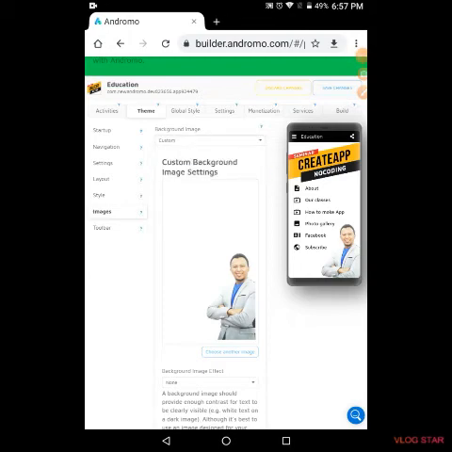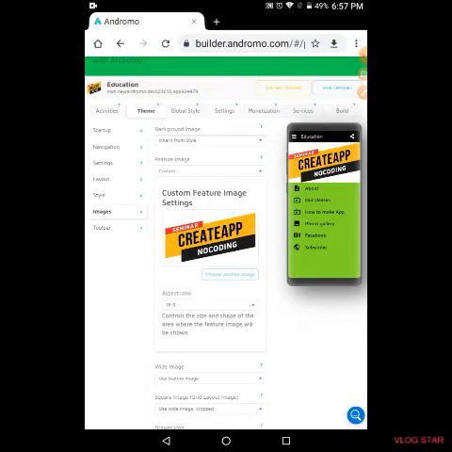You can change the background of the main screen by clicking on choose another image and then upload your image.